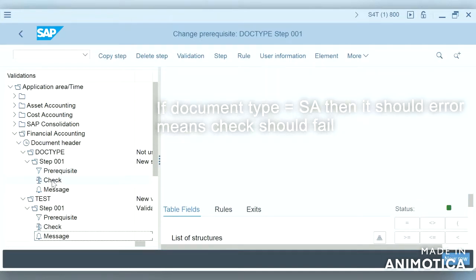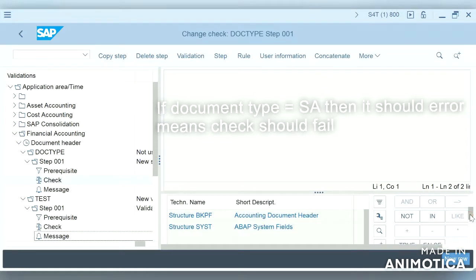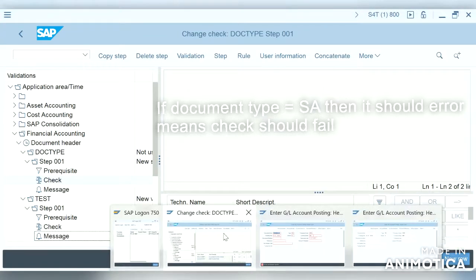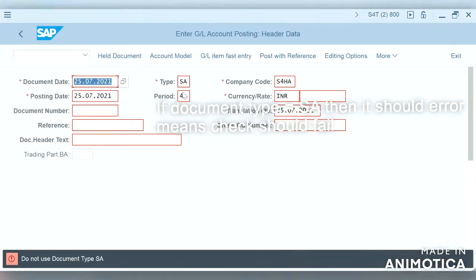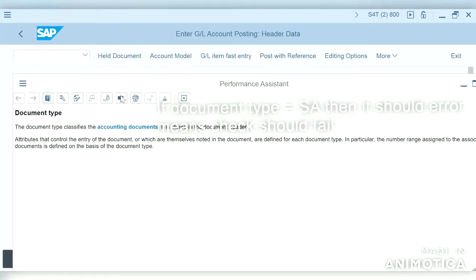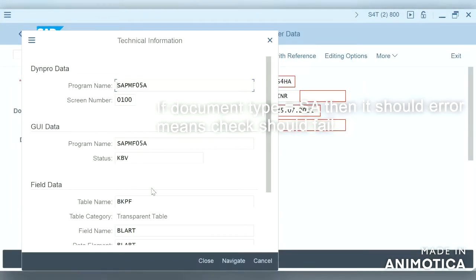So check again. What are we going to check? Whether the document type is SA or not. So how can we find the field name? Just click on F1 and technical info, and we can see the table name is BKPF and the field name is BLART.